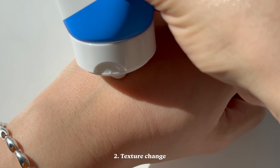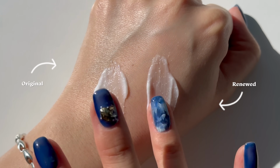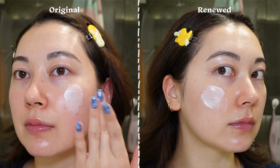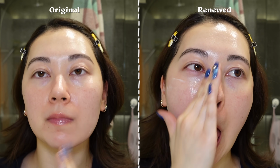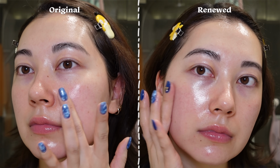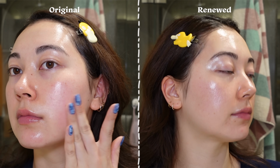Number 2 is the texture. It is definitely more watery now. Before, I feel like you applied it, it dried down to a natural finish almost instantly, whereas the new version stays more like a wet feeling on the skin for longer. So overall, I do feel like it is a more hydrating, dewier, less occlusive moisturizer, which, don't get me wrong,